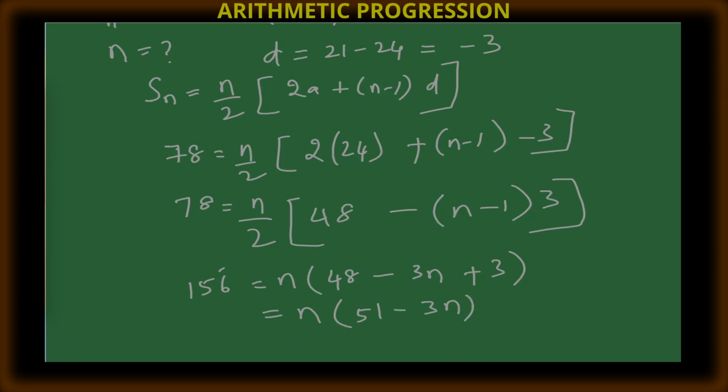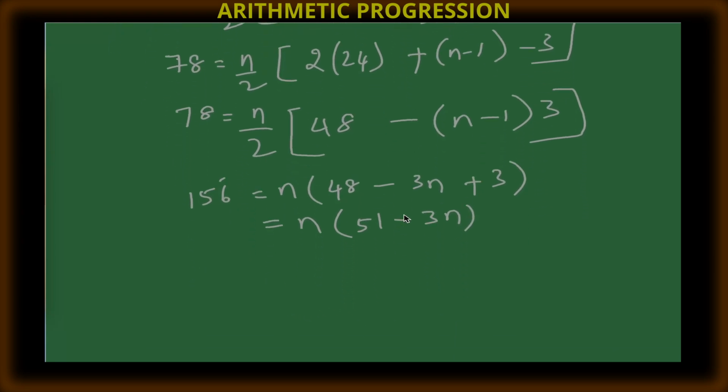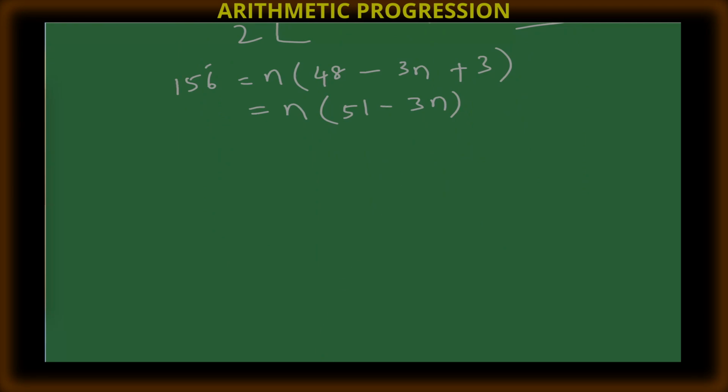So further we need to push it. Okay, so 156 is equal to n times 51n minus 3n becomes 3n square. Okay, so let's bring it here, plus 3n square